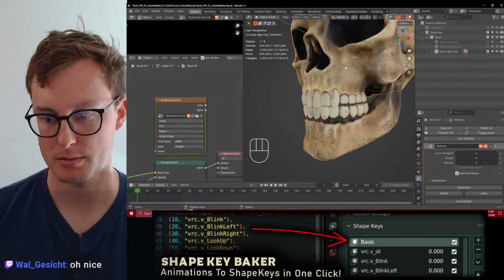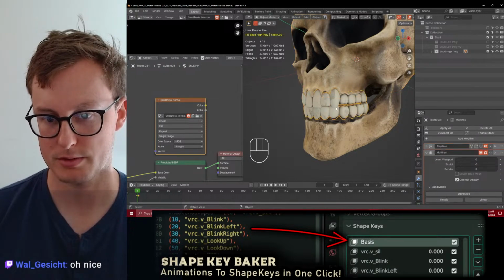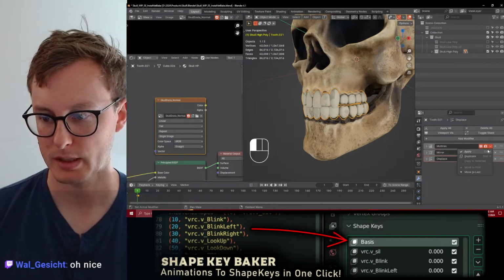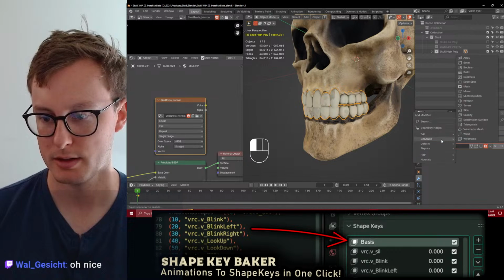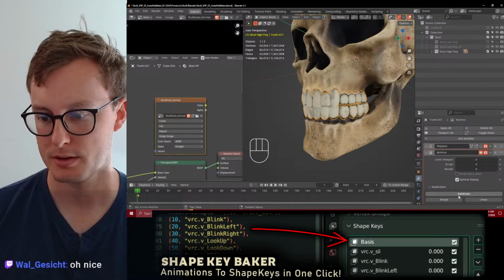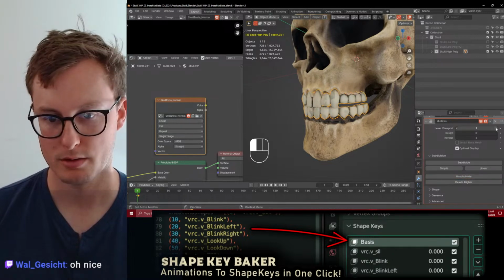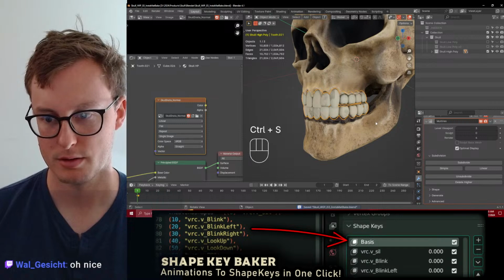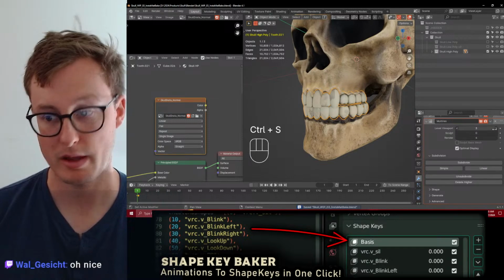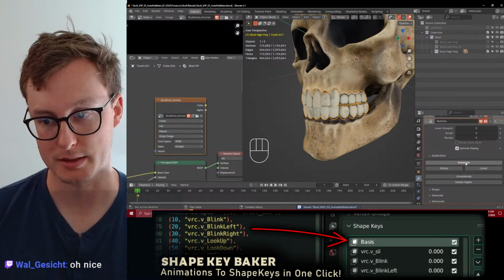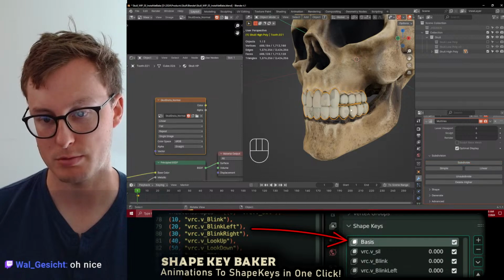Put back on the multi-res. And then unsubdivide to 6 levels. Or how many was it before? 4 levels. Apply multi-res, unsubdivide, 1, 2, 3, and 4. Okay. Cool. So now I'll actually subdivide up to 6, even though it's not going to change much.